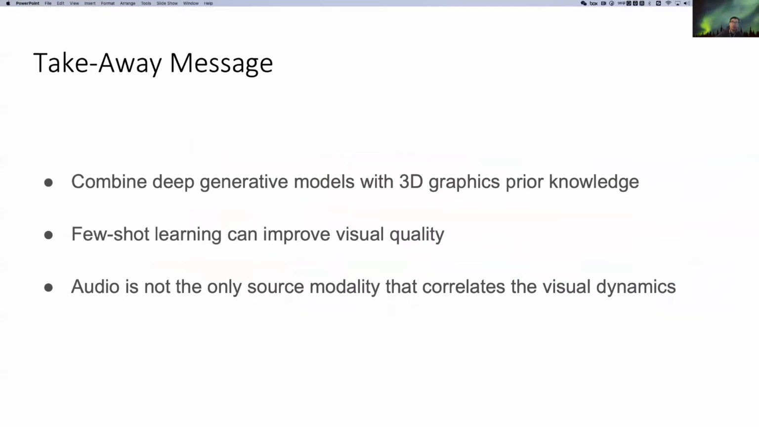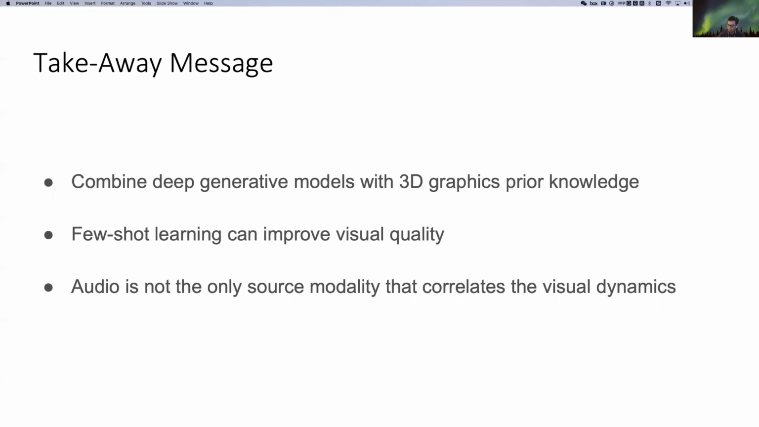So there are several takeaway messages we want to show. One is that combining deep generative models with 3D graphics and prior knowledge is a way to output high fidelity, controllable, and stable talking avatars. The second one is that few-shot learning can improve visual quality in a very fast and short time. You only utilize limited frames and limited time resources, and you can output a high quality, person-specific model using few-shot learning. And the third one is that